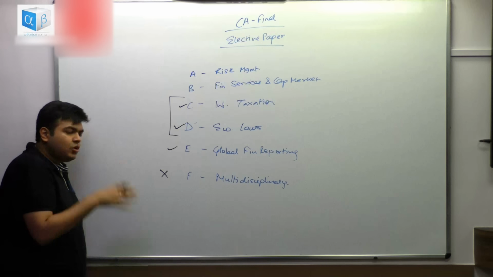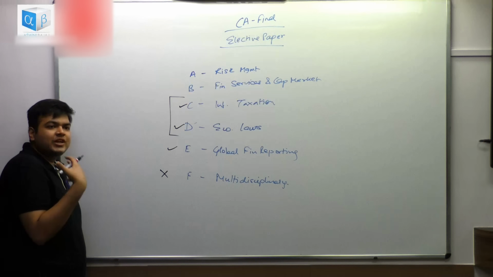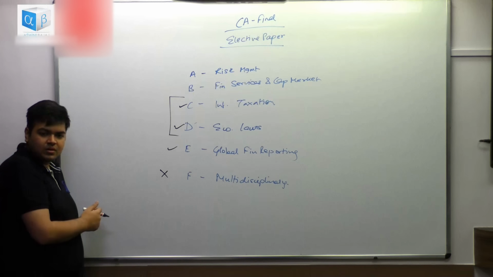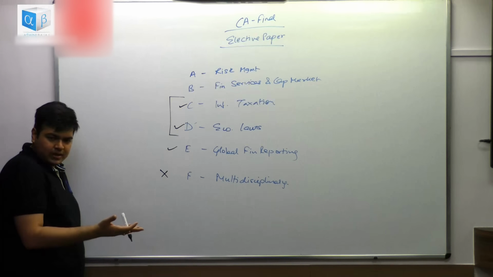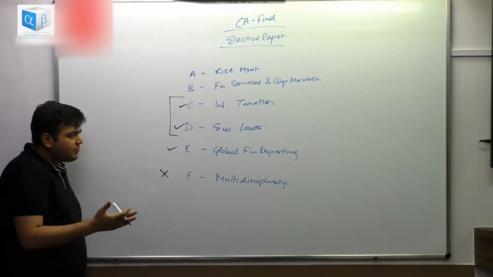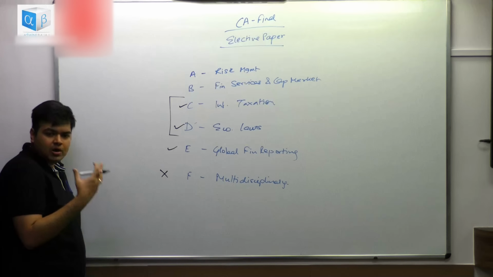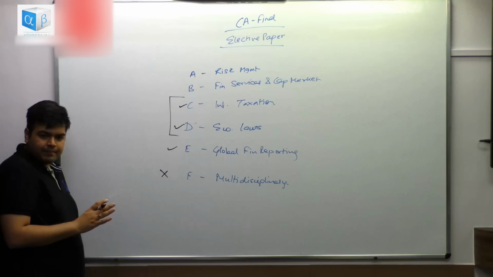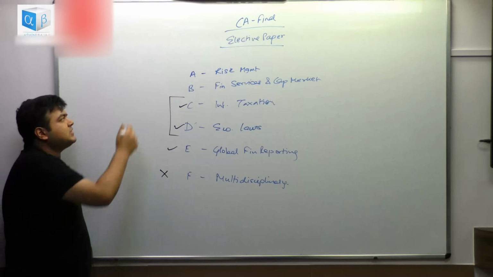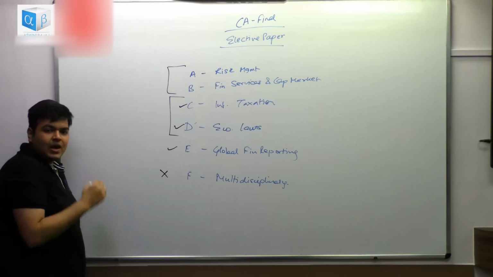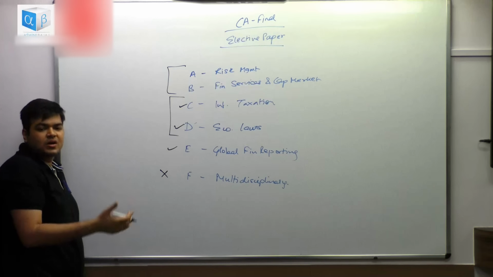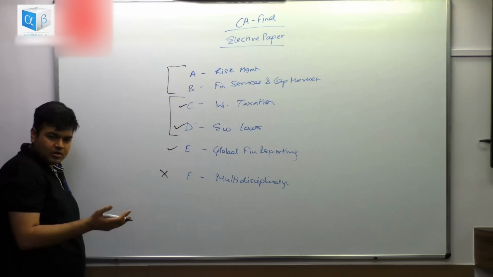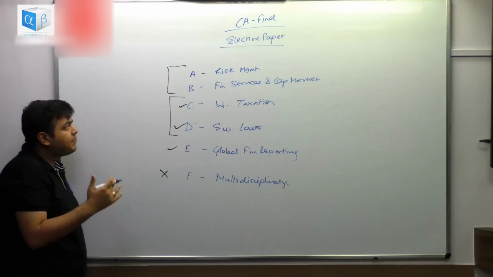And when you're looking at the US GAAP, again, see, you cannot change accounting principles. I can say I'll follow SLM, you will say I will follow WDV method. But ultimately it is accounting, right? So understanding the differences, but then you have to be strong with consolidation and all these kind of topics. Then you can go for global financial reporting. Then the next choice comes in between A and B. Now A and B, for those who want to make a career in finance, those who like SFM and finance a lot, then you can think about one of the papers out of A and B.